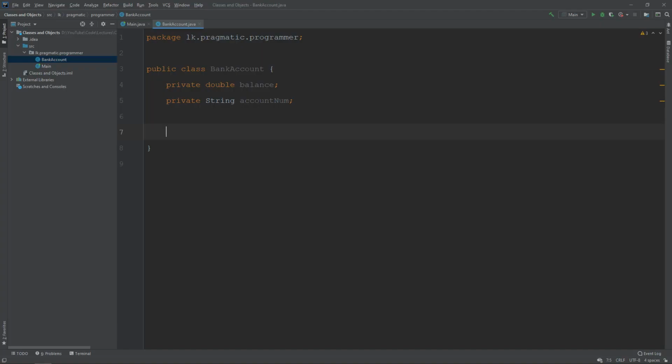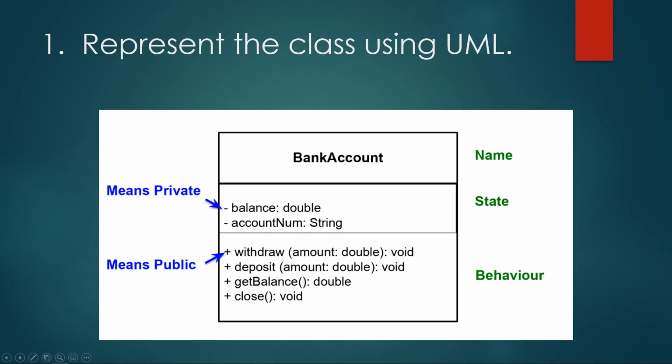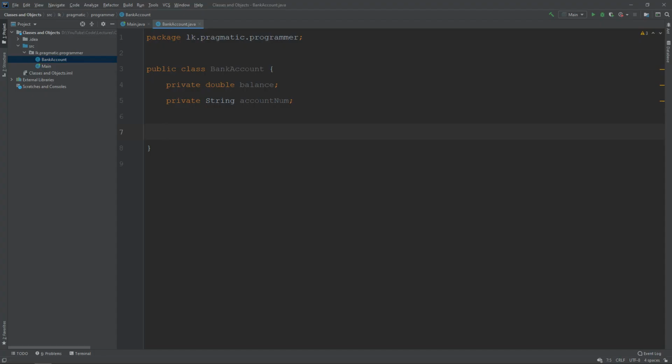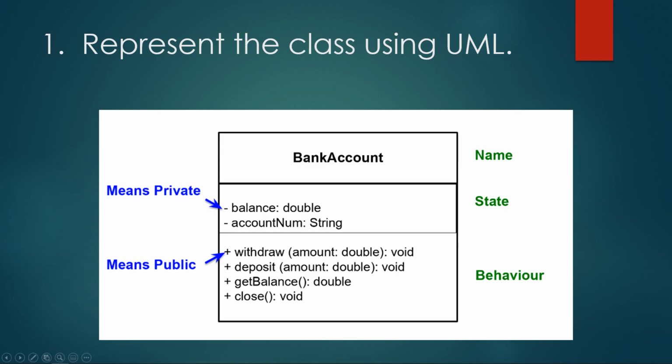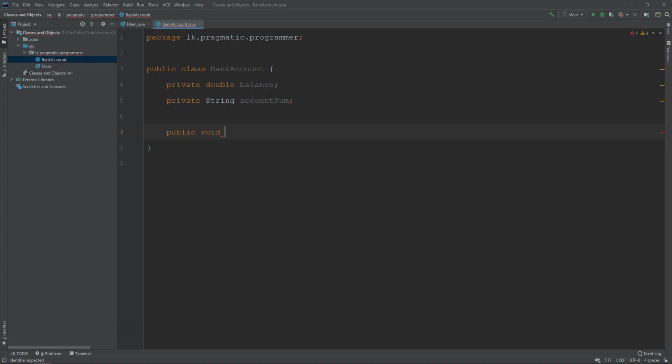Okay, the withdraw method. As you can see it's plus here, so that means public void. If you look here, it says void, and the name of the method is withdraw, and the variable passed in is a double variable amount.